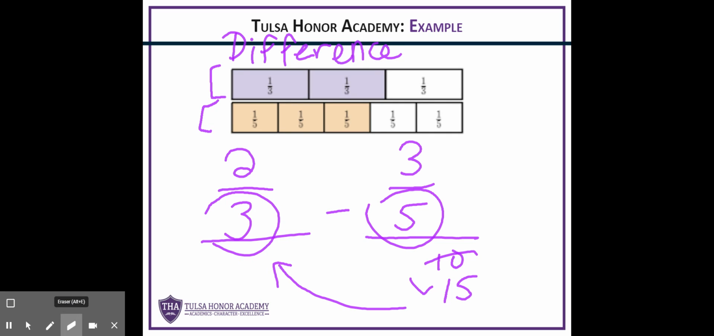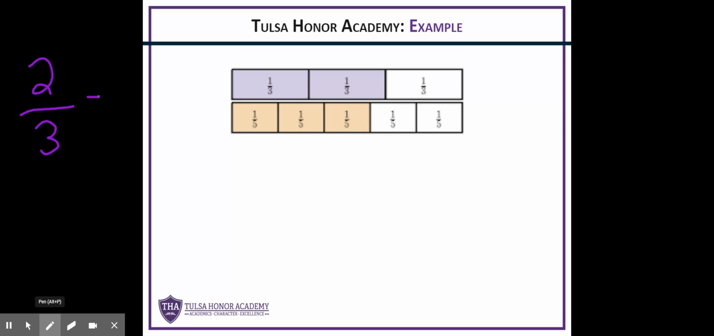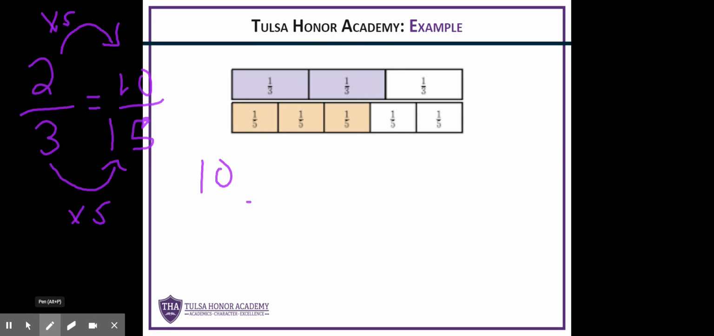I'm going to clear out my screen real quick. I'm going to make 2/3 equal something over 15. In order to get from 3 to 15, we multiply times 5. So we need to multiply the top times 5 as well. 2 times 5 is 10, so we have 10 over 15. Our first fraction is 10 over 15, and that's the exact same as 2/3. They're equal, and we're going to subtract